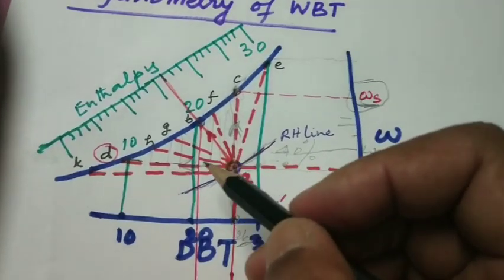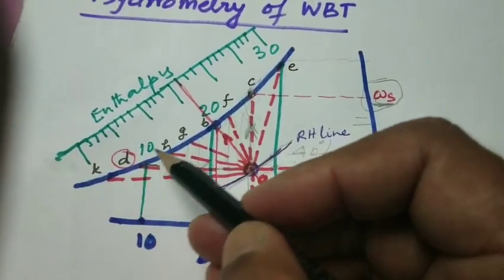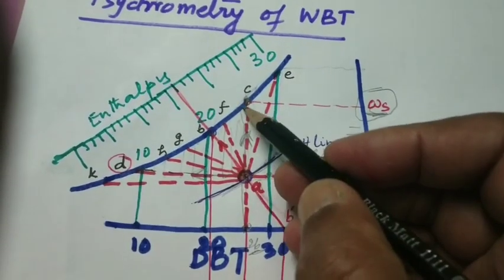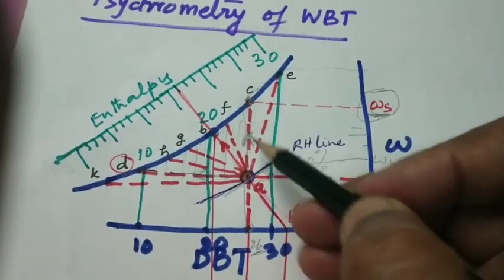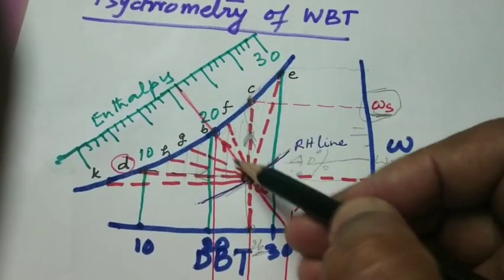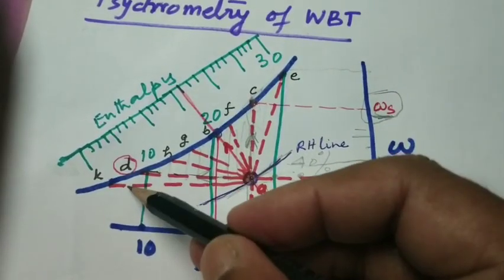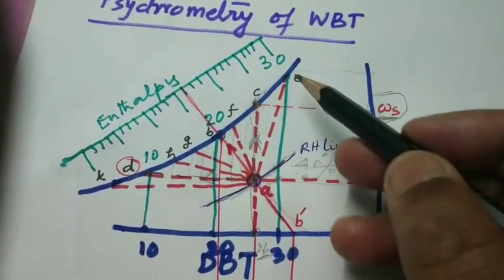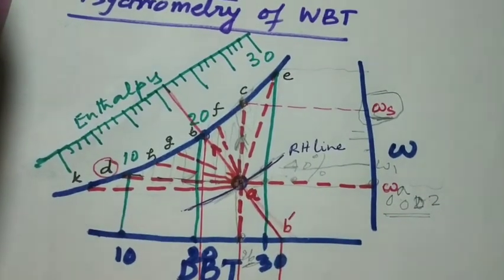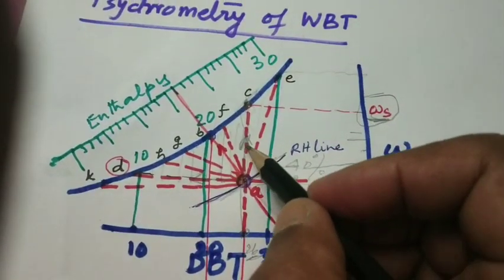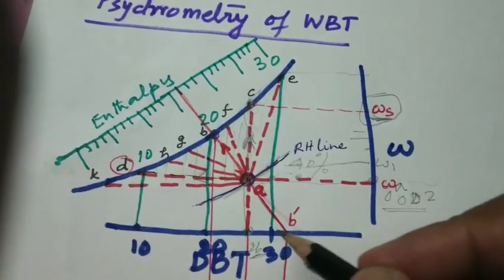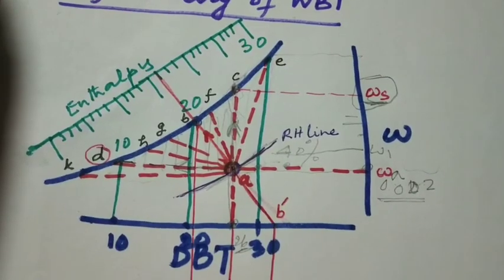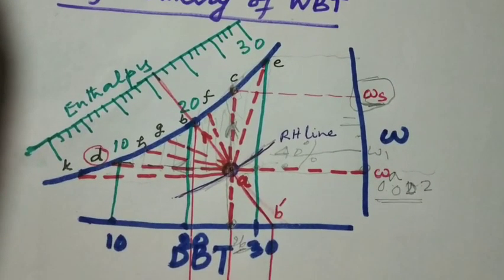Now, if this is a saturation curve, then starting from point A, we can go to the saturation curve not only by this line, but by this line, this line, this line. There are many directions in which we can approach the saturated condition. But there are certain unique things. For example, AC is unique in the sense that its dry bulb temperature is not changing. AC is unique because it has a limitation that you are not allowed to change the dry bulb temperature.